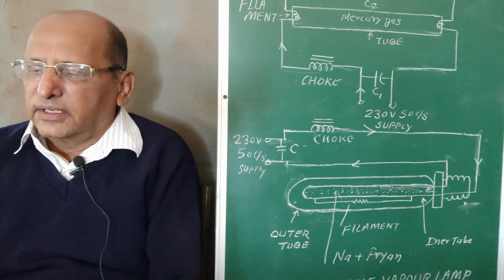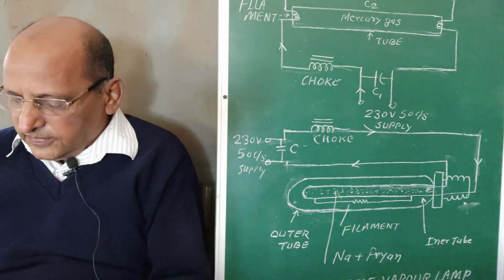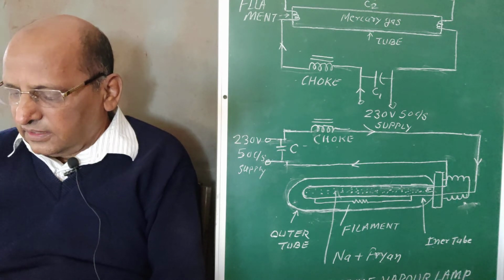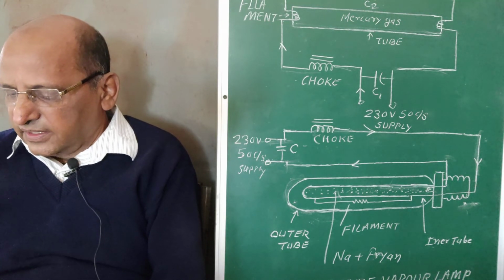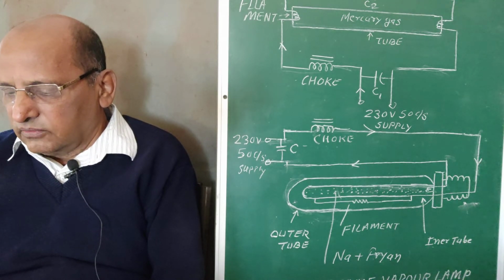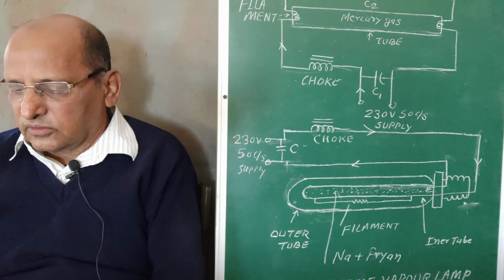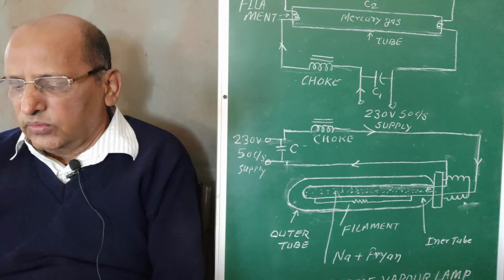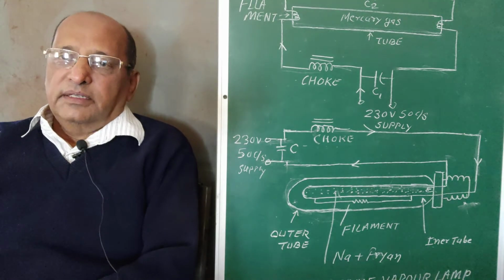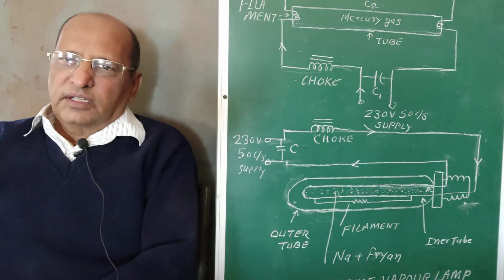Some definitions from the illumination point of view, the terminology used in this. There is the candela. Candela is the unit of the source of light. Then there is the solid angle, which is given by 1 lumen equal to 1 candela multiplied by the solid angle. So the solid angle is given by 1 lumen divided by 1 candela. When you divide the lumen of the source by the candela power, it gives the solid angle.